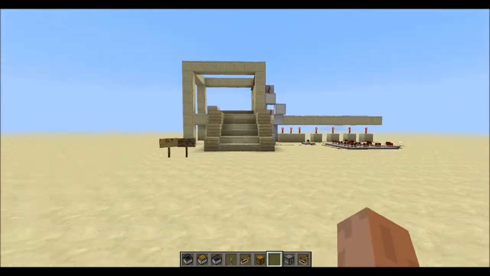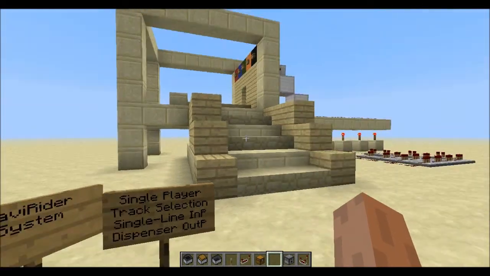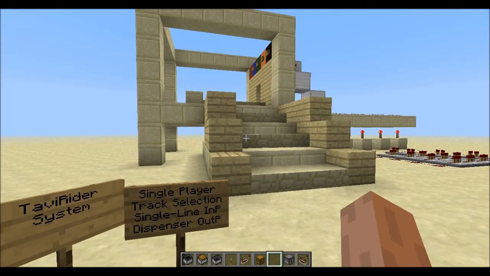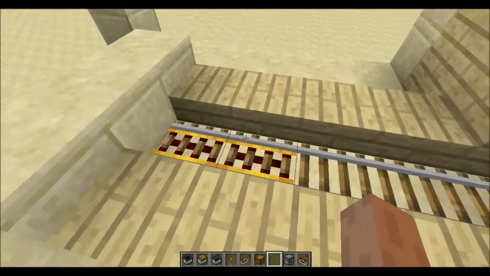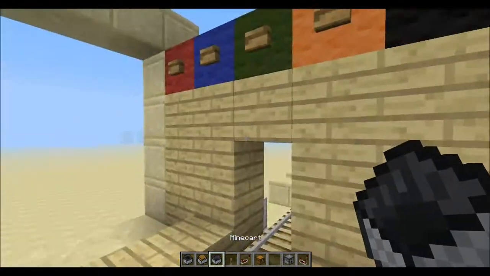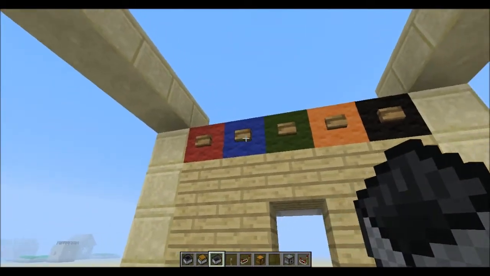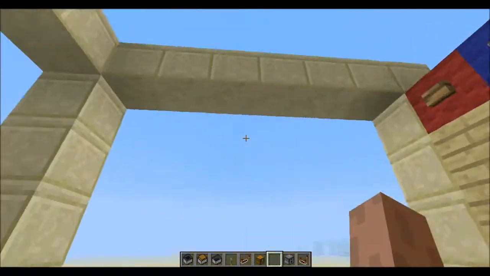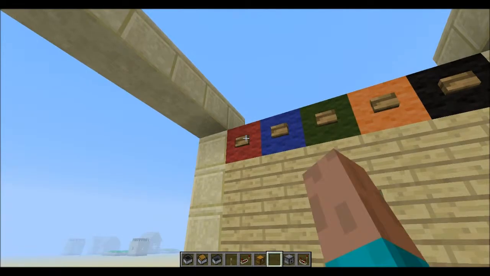And I think I've talked about this before on a previous episode. This is a Tavi Rider system. It's a single line input system that lets you go to multiple destinations. So it's really good in single player, because if you come in here and you've got a cart, you can get in the cart and then you can pick any destination you want. You've got your red destination, blue, green, orange, black, however many you want to hook up that you can reasonably reach. And then you press that destination and you go,